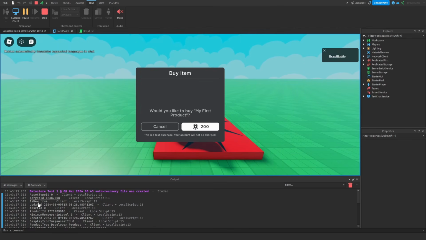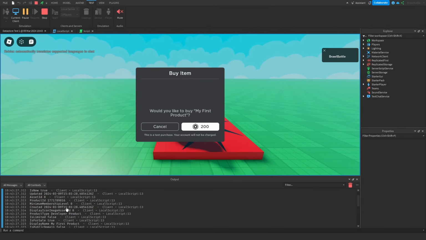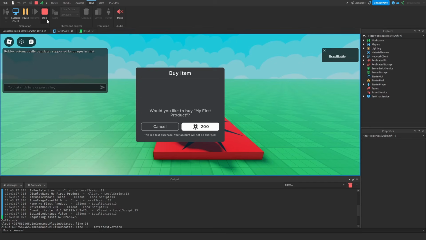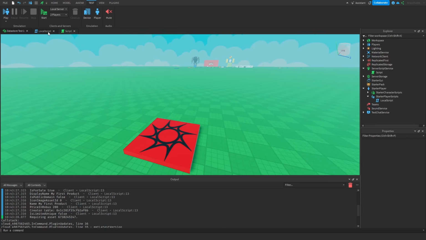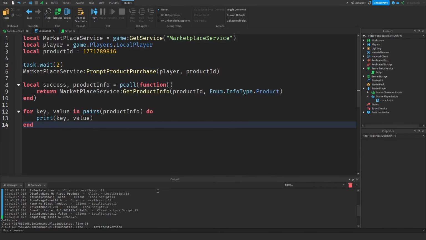So we have something like the asset type, the target ID, the minimum membership, when it was created, is limited, is for sale. There's a whole bunch of stuff we can look at here for this product information. So that is how you can access product information about a specific developer product if you need to use this